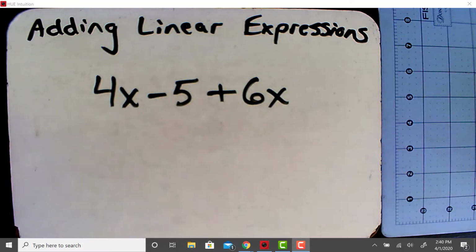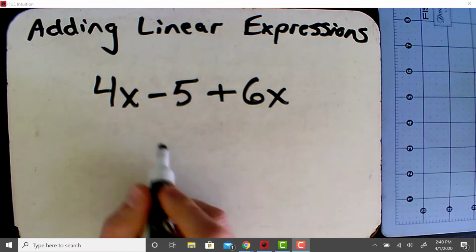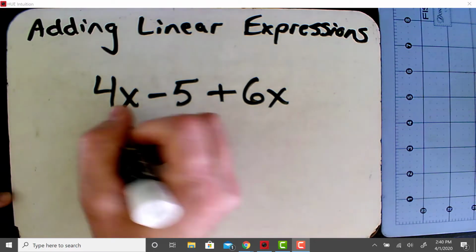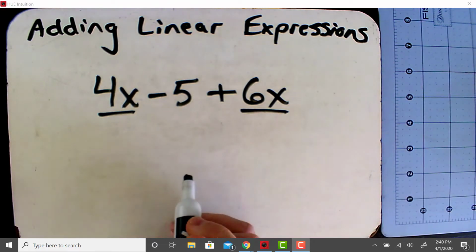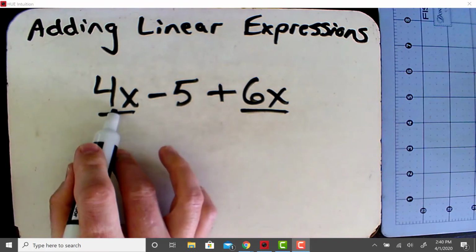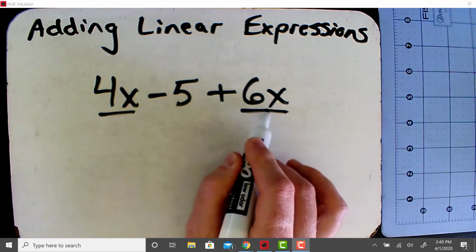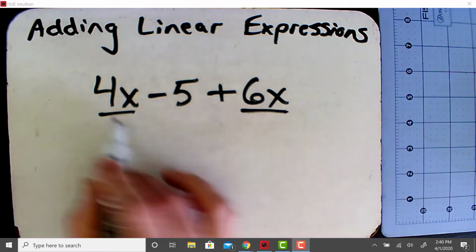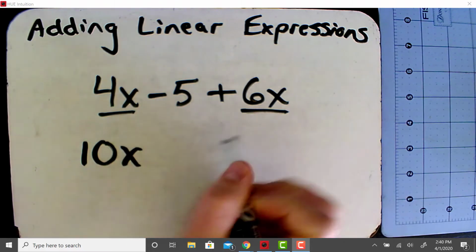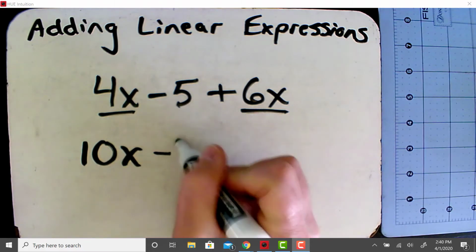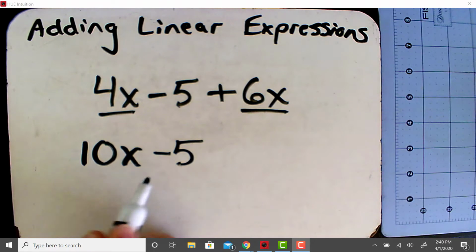Yesterday, we were adding, subtracting, doing whatever we needed to combine like terms so that we could simplify expressions. So if we're looking at this particular expression, we have 4x and 6x are like terms, which means that we can combine them together. So I have a 4x, and I notice the sign in front of my 6x is a plus sign. So that means I would do 4x plus 6x, and that's going to get me a total of 10x. My minus 5 is still here, so I just tack that onto the end,